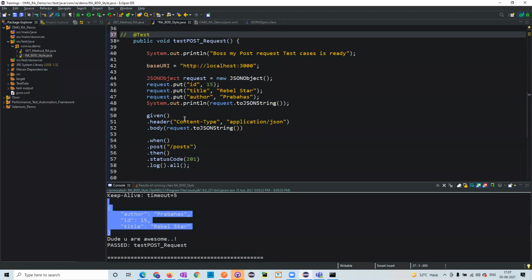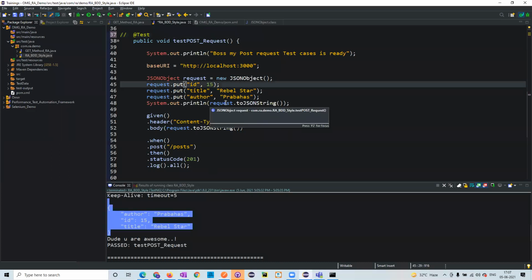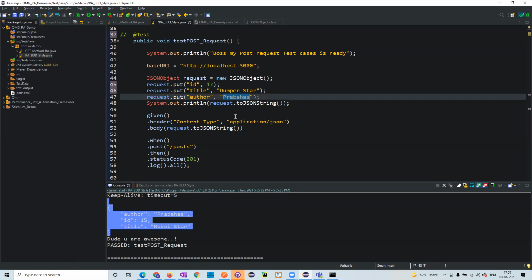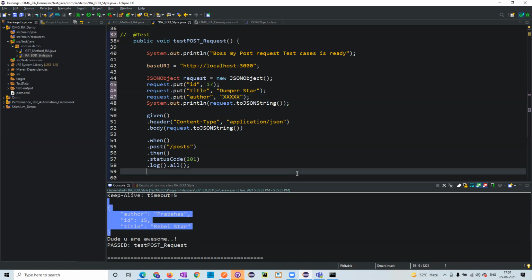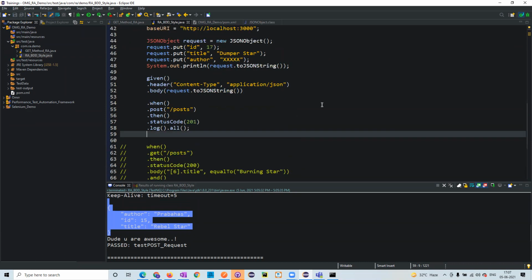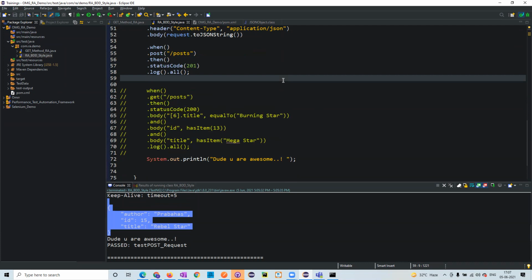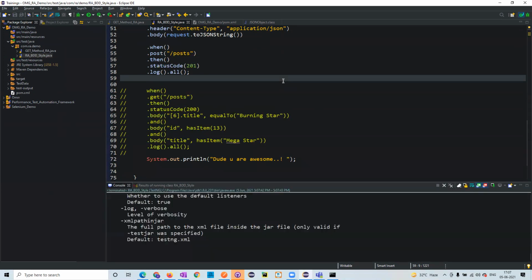Now I wanted to insert another one. So now I wanted to insert 17, and I wanted to change this one into, okay, duper star. So something I need to keep, and I wanted to keep some other name. So triplex I have given, and now let's try to insert that particular record, and then we will see it. So as soon as I clicked